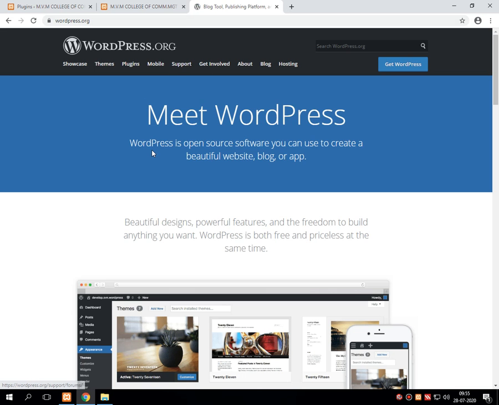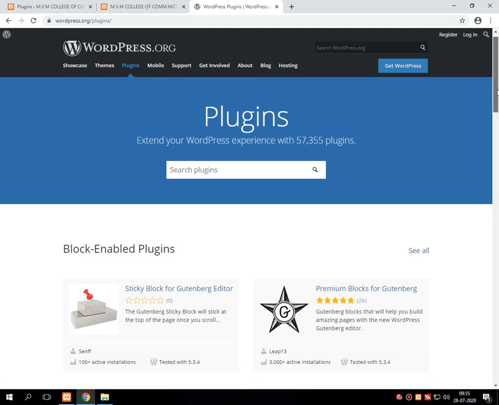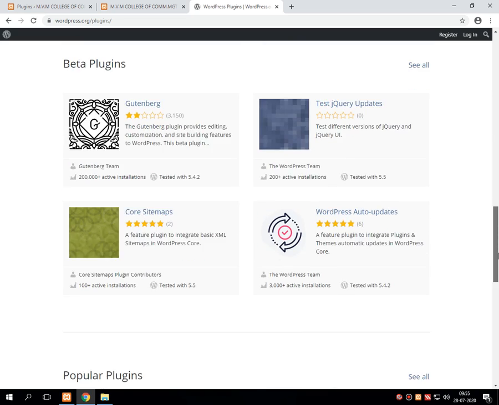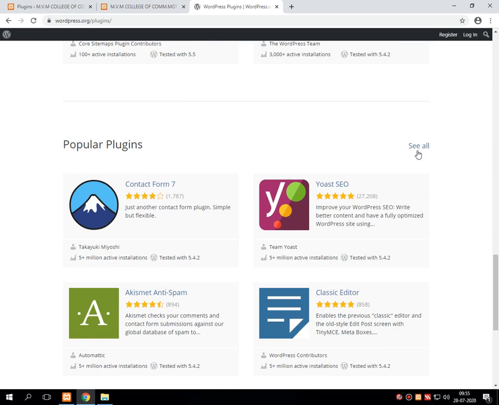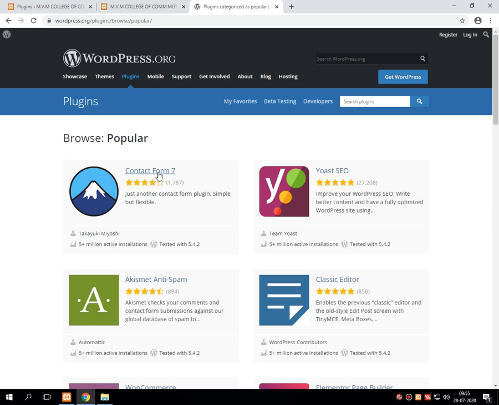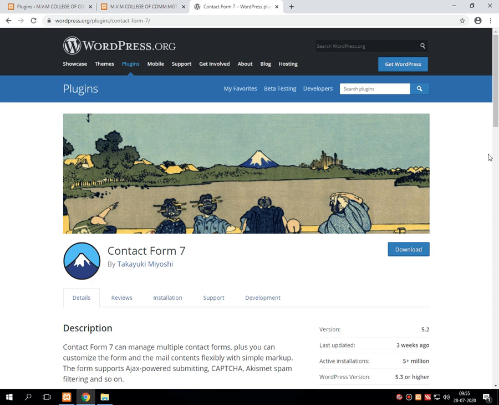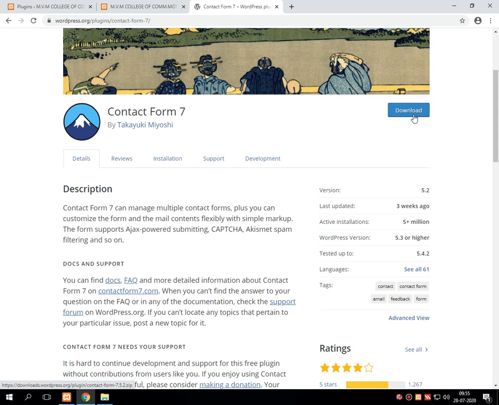Once that site opened, in the plugins we browsed the category called popular plugins, and in the popular plugins we selected Contact Form 7 and downloaded that component from this official website.